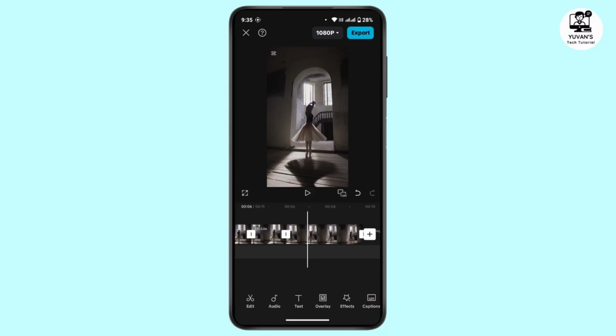So that's the way to speed up or fast forward a part of video in CapCut, and that's all for